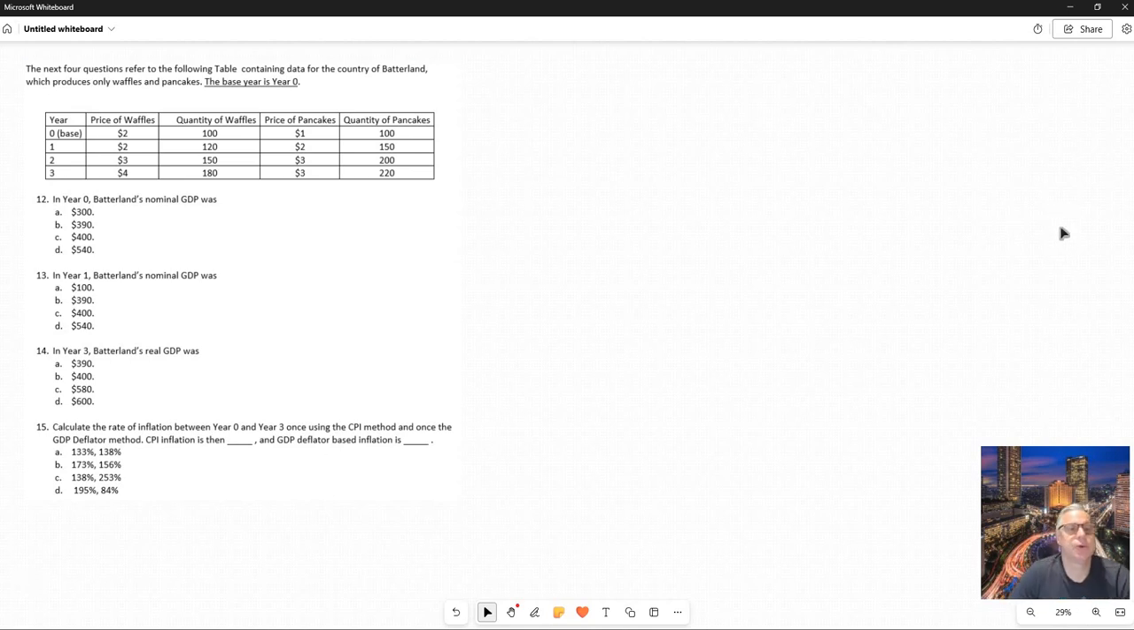Okay, let's turn to the next problem set, which refers to that table. What we need to do here is calculate nominal GDP in different years and real GDP, and then calculate inflation based on the consumer price index and the GDP deflator. What I would do in a situation like this is calculate everything quickly and then go to the question. So we basically need to expand that table